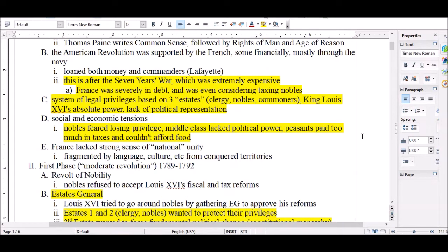While all this is going on, you've got a pretty big name. It's one of my all-time favorite guys, actually, Thomas Paine, who is going to end up writing Common Sense for the Americans. This is going to be one of the main pieces of literature that is going to help push the Americans into fighting.